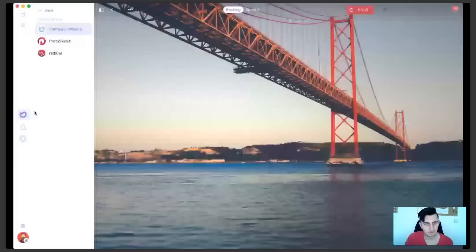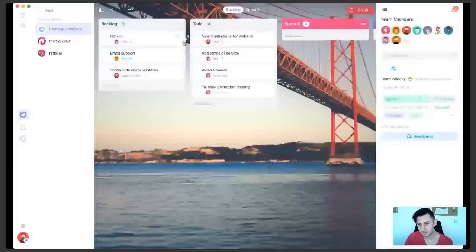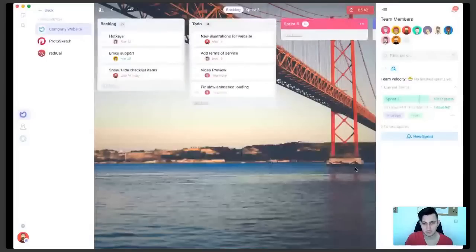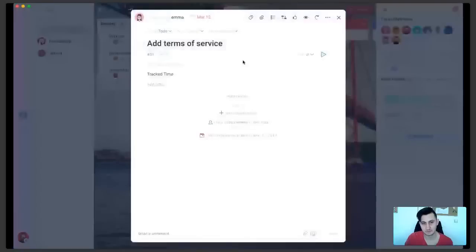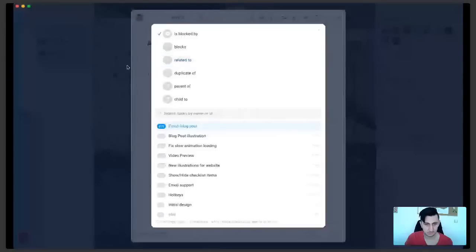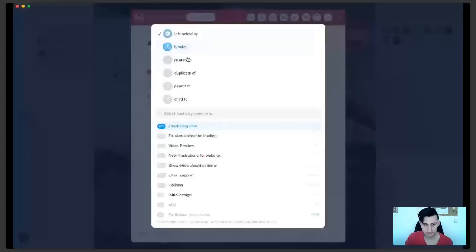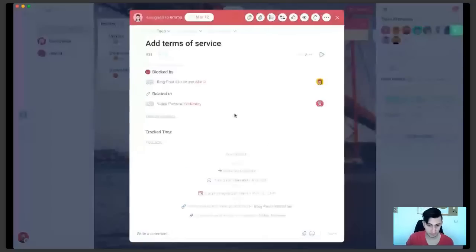So this is back the company project, and let's go here and see what else we can do. For example, I can set a task relationship here. Let's say this task is connected to, is blocked by this blog post illustration. There are other types of relationships, like for example, let's say this one is related to video preview. And once a task is blocked like this,